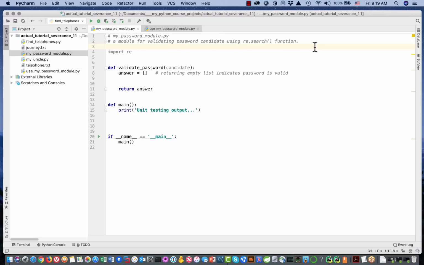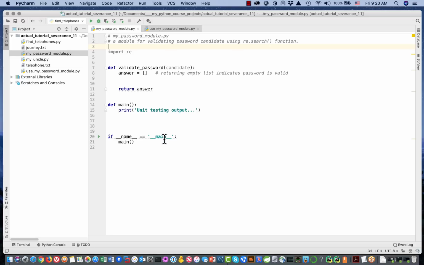and use it elsewhere. Okay, now the name of the module, myPassword module, not very professional, but also not likely to collide with any of the standard modules from Python or that are part of the Python distribution, or any additional things that you might be getting from third parties. So I'm not saying that this is the most professional way to name the module, but it's going to do for now. Okay, so